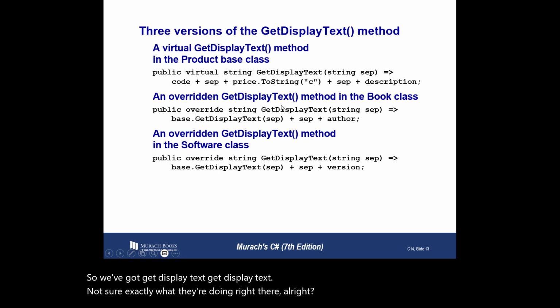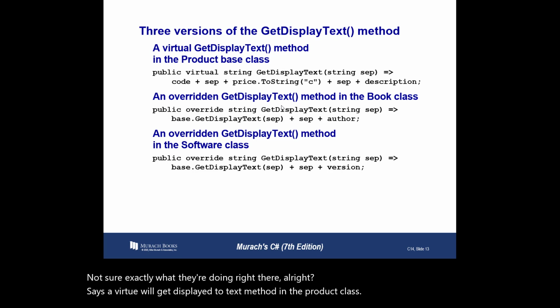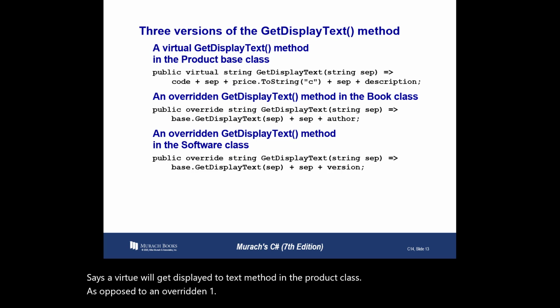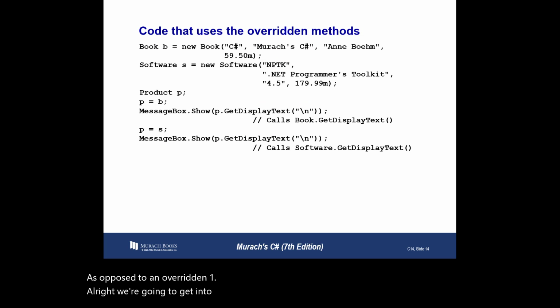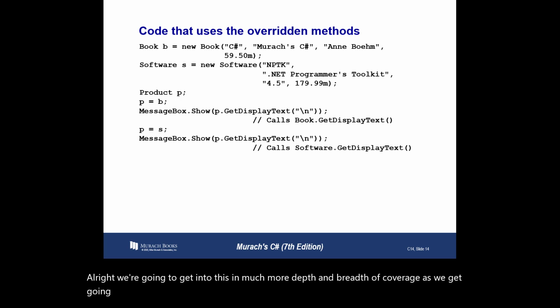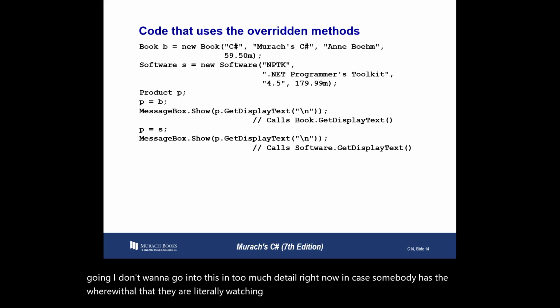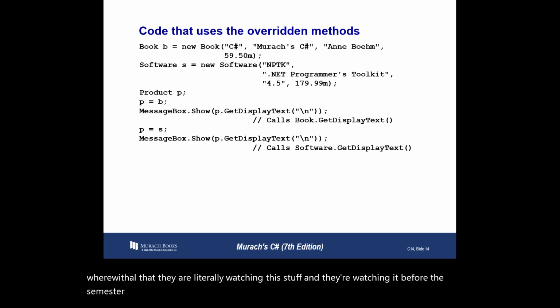It says a virtual get display text method in the product class as opposed to an overridden one. We're going to get into this in much more depth as we get going. I don't want to go into this in too much detail right now in case somebody is watching this before the semester starts,